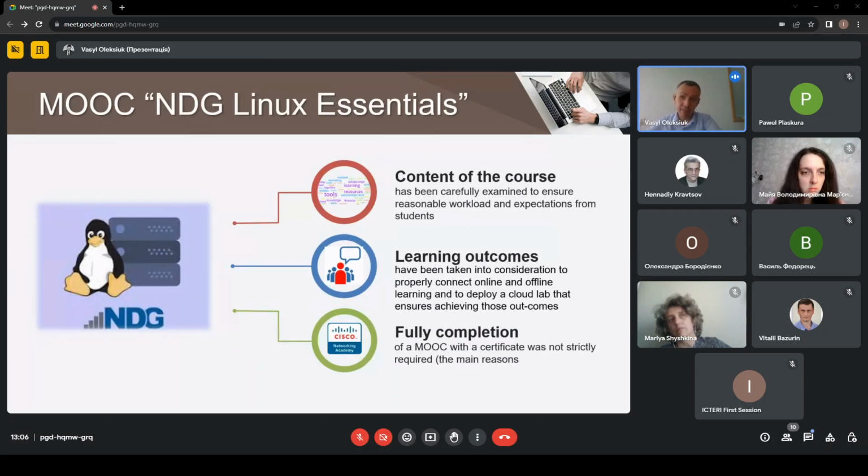Many studies have found that massive open online courses can effectively change the effectiveness of distance learning, blended learning, and traditional face-to-face educational approaches. Therefore, to implement our cloud lab, we adopt the NDG Linux Essentials course,